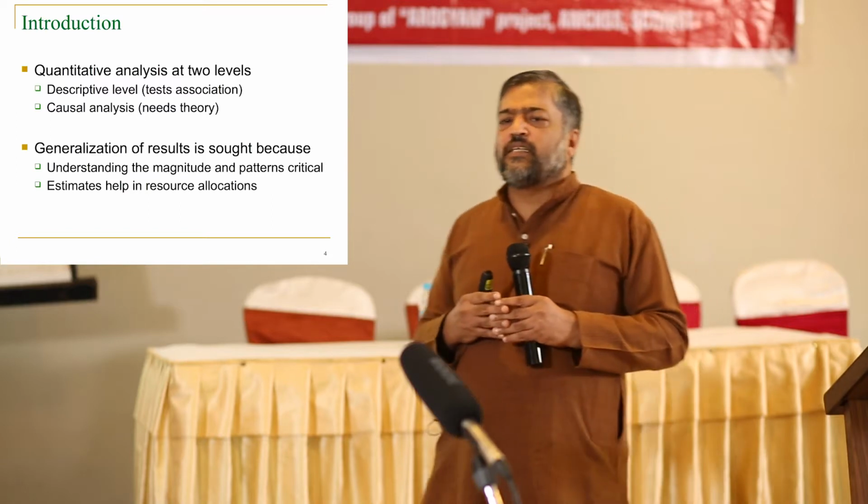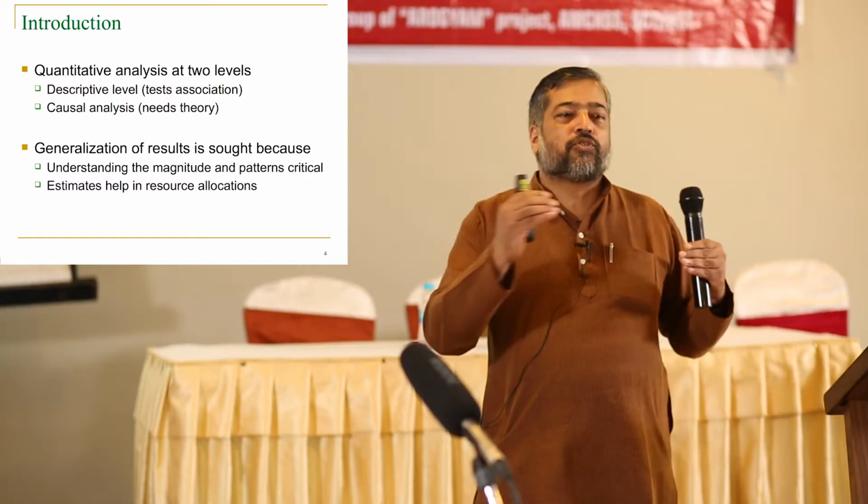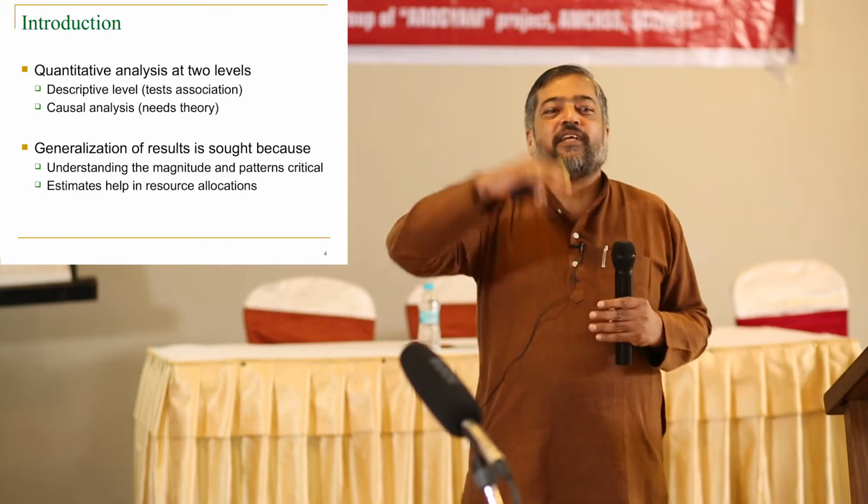So, the level at which you do quantitative analysis is that you first see tests of association. For any outcome you look at, characteristics association. I am not going to advanced inequality here. And fundamentally, when I find something associated, there is an immediate promptness within me to say that has to be the reason. It's an automatic one. Of course, a statistician doesn't do that, but we also try to go that path to finally say this is because of this, because we found the association.